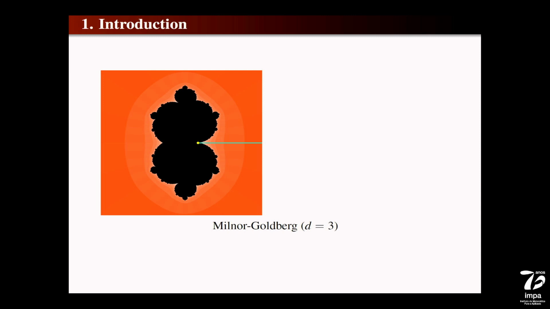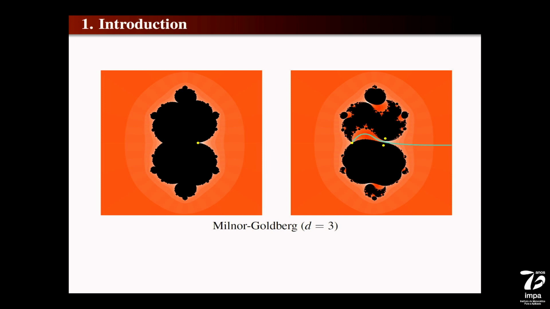It's a cubic polynomial with a non-degenerate parabolic fixed point here. Both critical points are in this basin. The ray at angle 0 lands there. It's a real polynomial. You can take suitable perturbations so that this parabolic point splits into two nearby attracting points, and the filled Julia set has this channel. This channel opens up, and the 0 ray for this perturbed map passes through this channel and lands at a